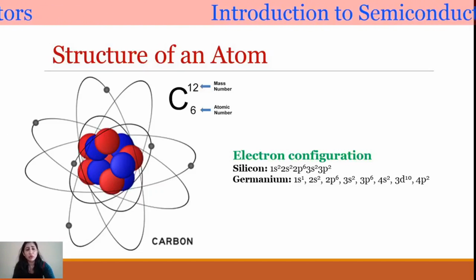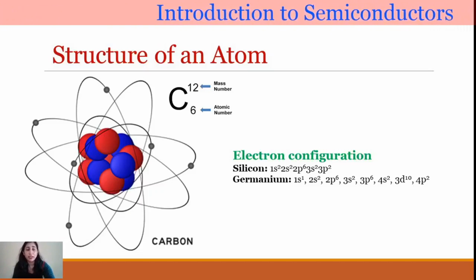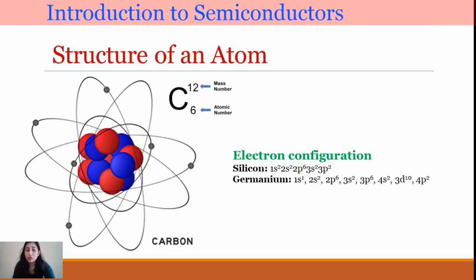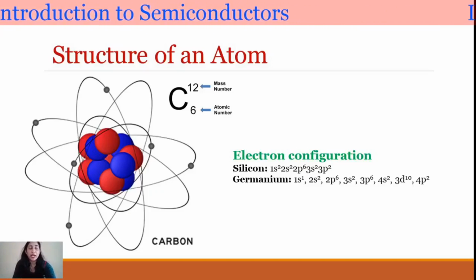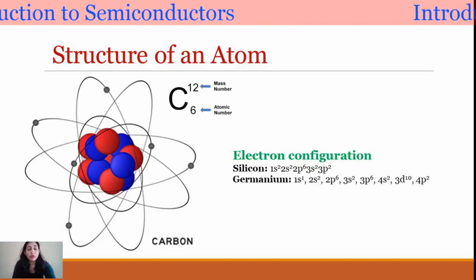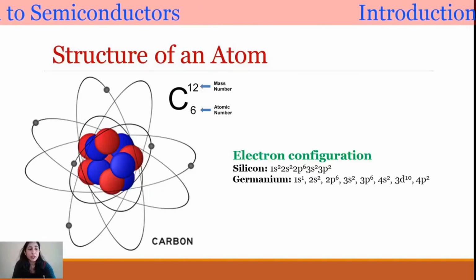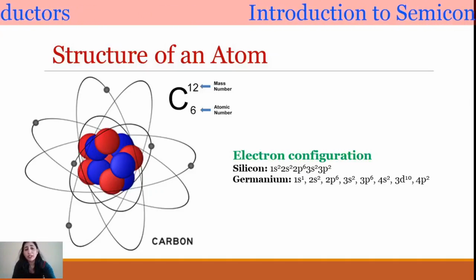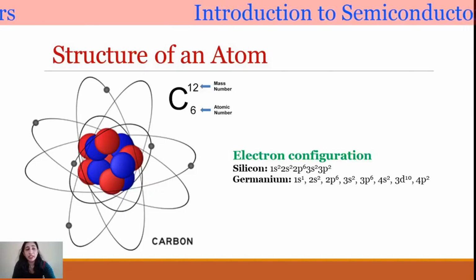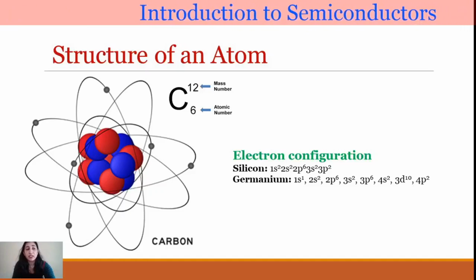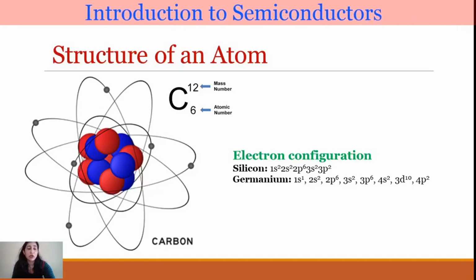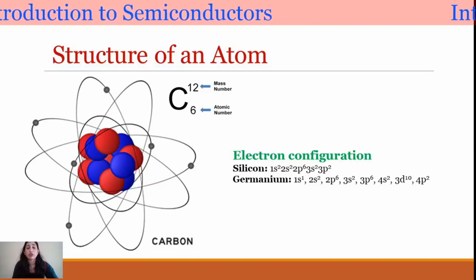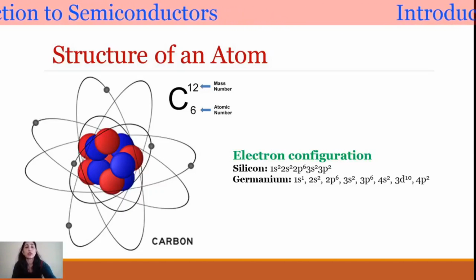As you all know and have learned in your 12th standard, there is a limit on the maximum number of electrons that any orbit can hold. And if we talk of, for example, the valence shell or outermost orbit, it cannot accommodate more than 8 electrons. And these electrons in the outermost or valence orbit are called the valence electrons. I have also shown here the electronic configuration of silicon and germanium.